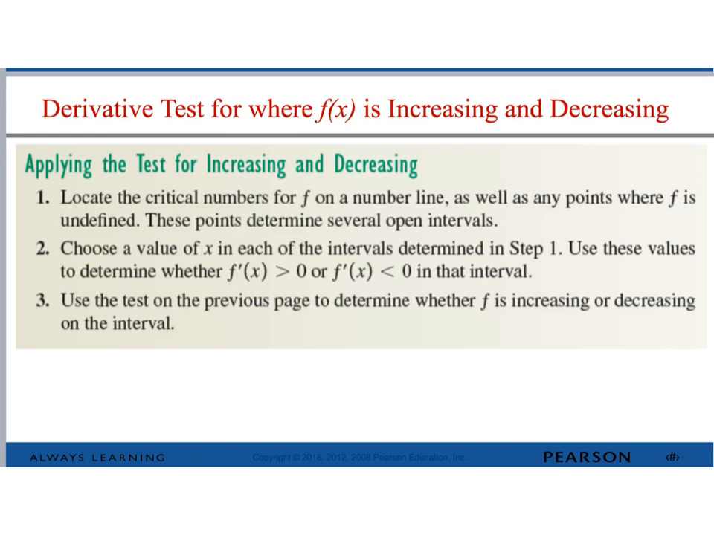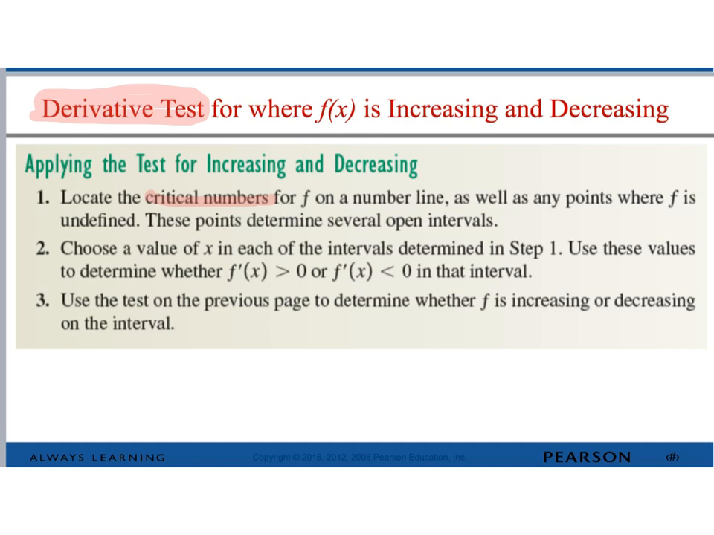And what we're going to have here then is a test. We're going to call it a derivative test for when the function is increasing or decreasing. And this is how we apply that test. First, we locate the critical numbers for the function on a number line, critical numbers being where the value of the derivative is 0 or the value of the function, and therefore its derivative also, are undefined. So we're going to locate those critical numbers,